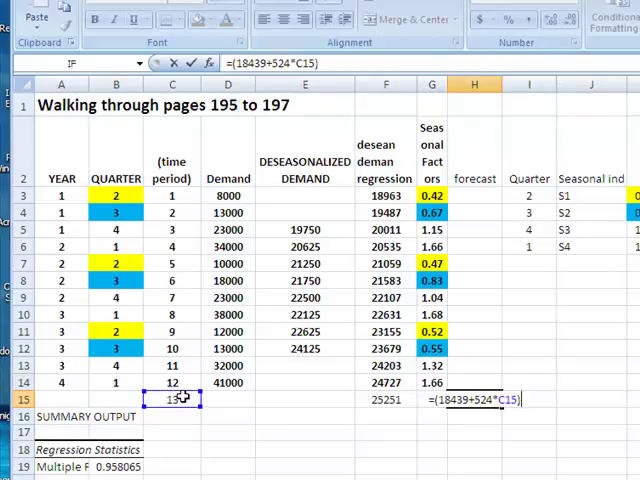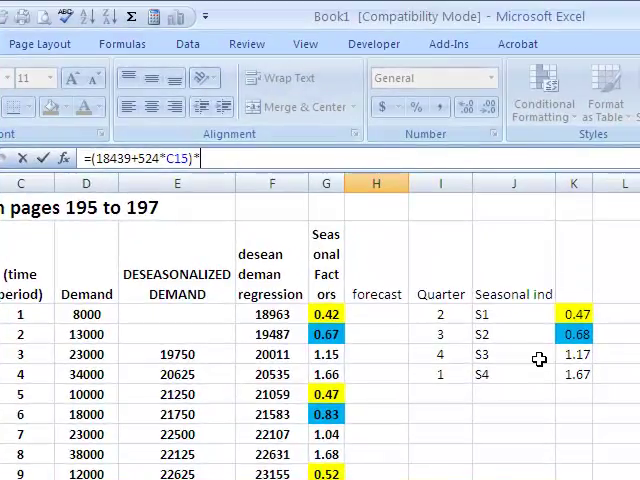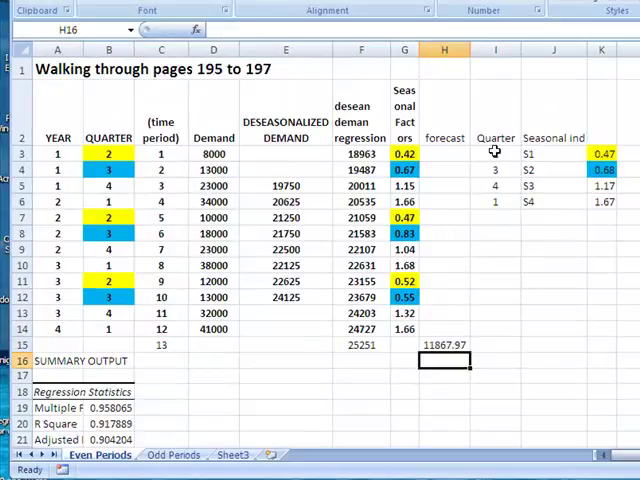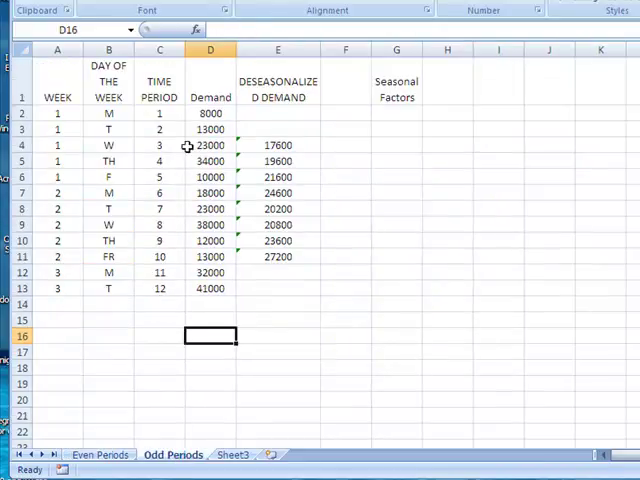So that gives me the estimated demand, but deseasonalized, and I need to seasonalize it, so I'm going to multiply it by this 0.47, which is the seasonal index for quarter 2. So you get 11,868, which is what the book comes up with towards the bottom of page 197. So that was the process for even periods, which is a little bit more involved than odd periods. So let's go ahead and now assume that this